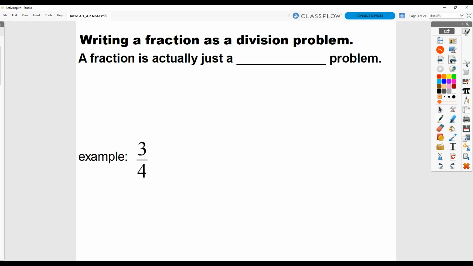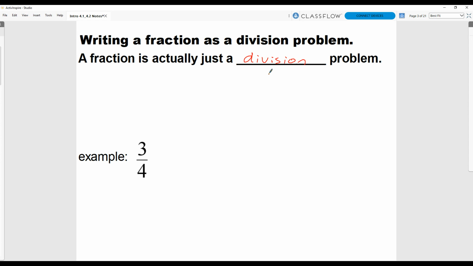Really, a fraction is just a division problem. That is all a fraction is. It simply means that something is getting divided, and instead of being written like a regular division problem with a division sign, it can also be written as a fraction. A fraction reads as a division problem from the top going down. So from the top this way, this would read as 3